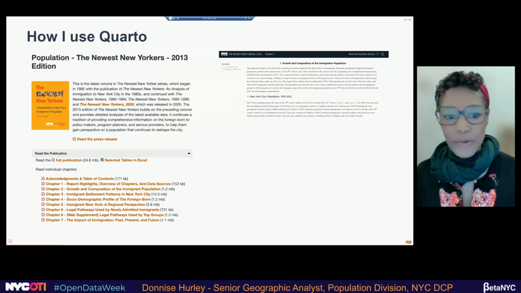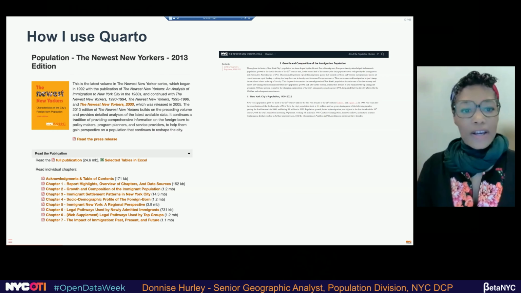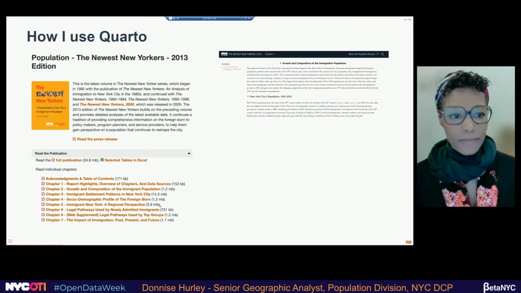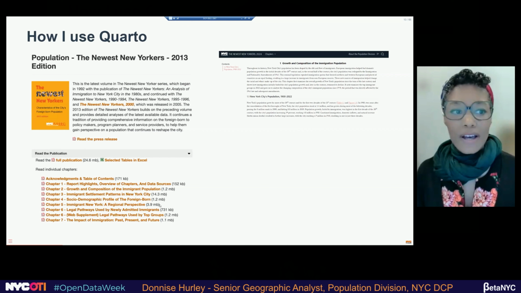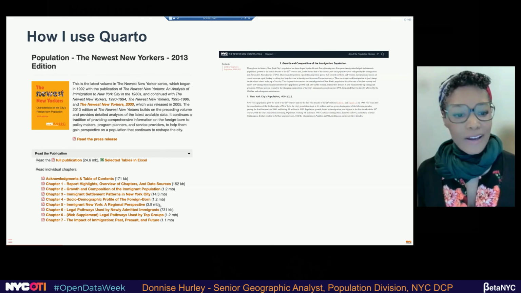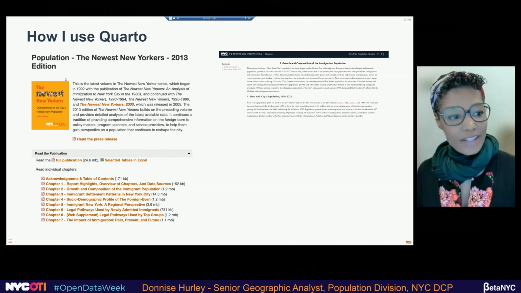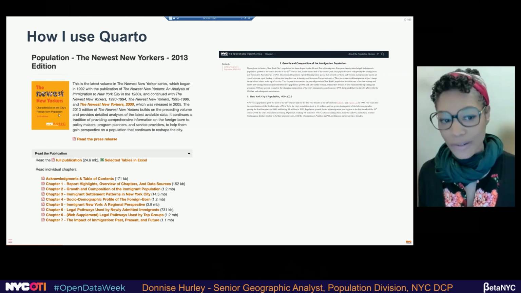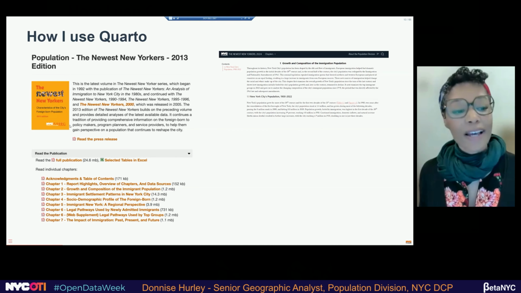So I'm going to show you how I've been using it. In 2013, we updated our flagship document, which is the New New Yorker. Back in 2013, you can see here that it was a PDF. We also have a hard copy.